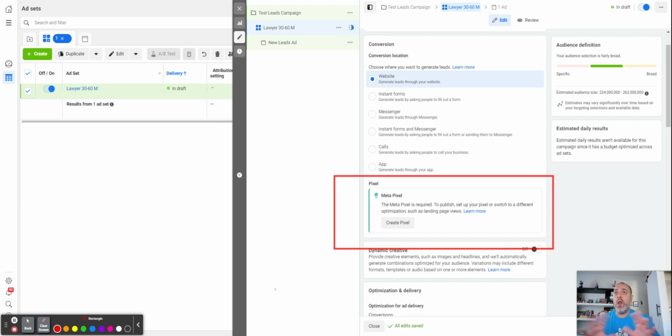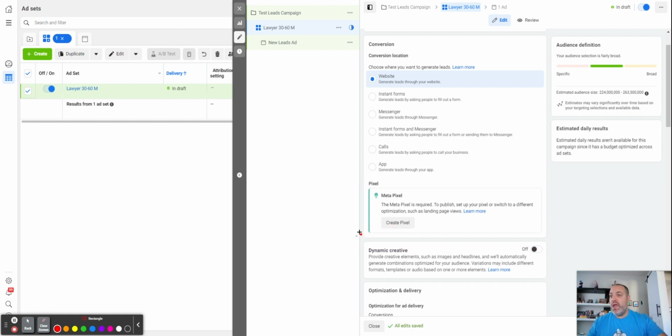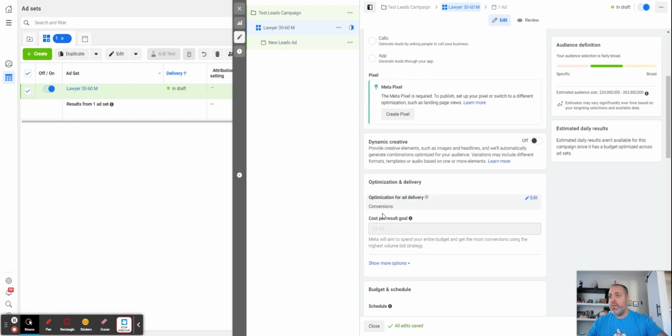Okay, right now, I don't want to bother you about the pixel. We can do a video in the future about that, because pixel could be very complicated. But anyway, you just need to know that it's very important to use a pixel to create a signal, okay, for Facebook through my website. Okay, very important. So let me clear out the screen again, and let me scroll down, because right now